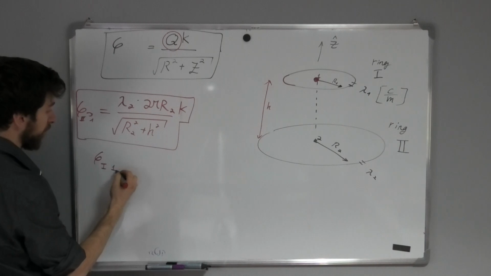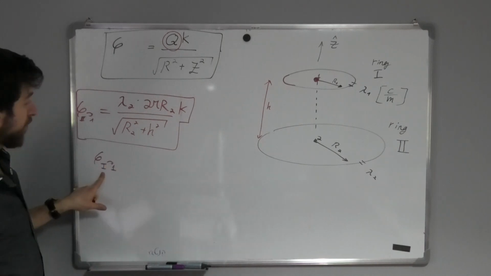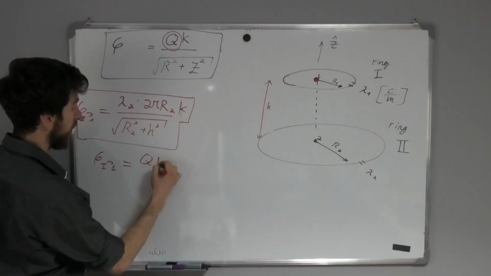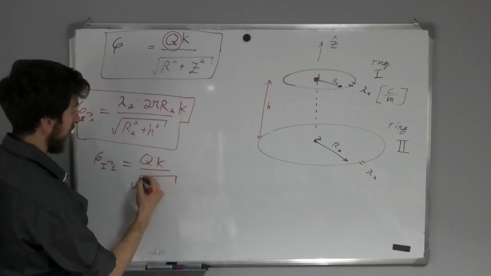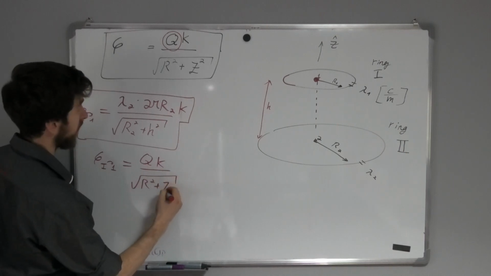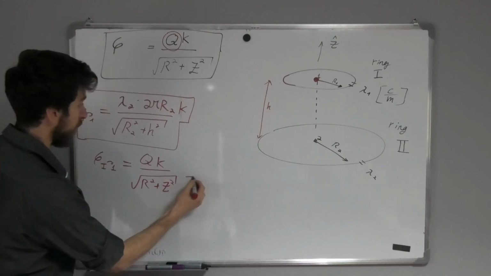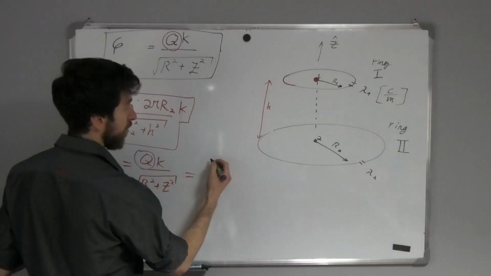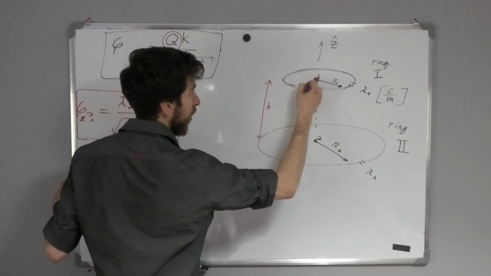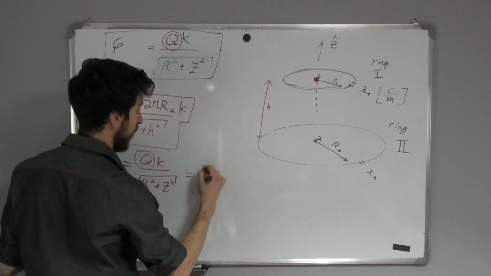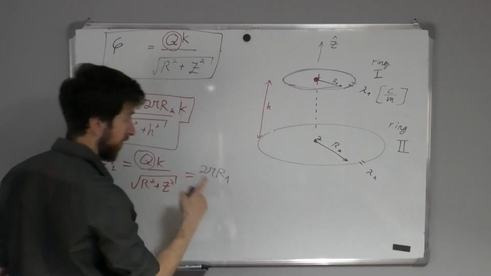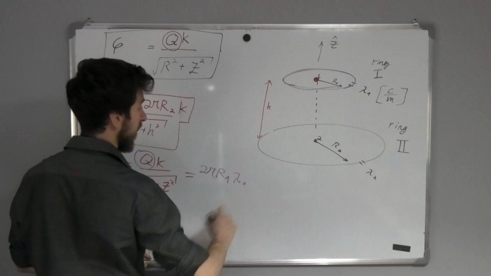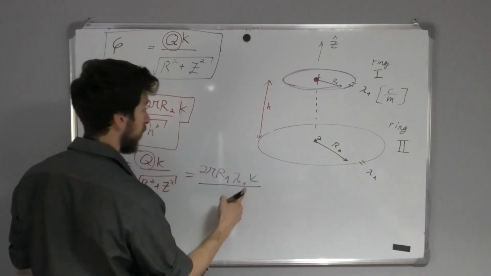So the next question is, what is the potential at point 1 due to ring number 1? So this is again the same equation. It's Qk over r squared plus z squared, right? And let's put in what we already know. We know Q, right? Q is right now all the charge over here, which is 2 pi r1 multiplied by lambda 1 multiplied by k, right? Multiplied by k